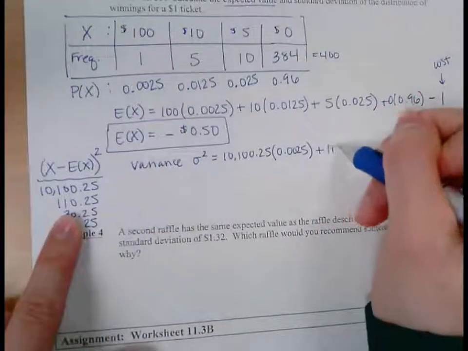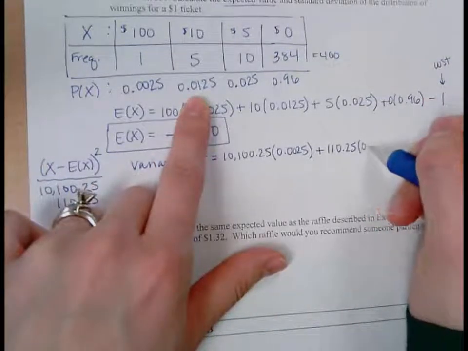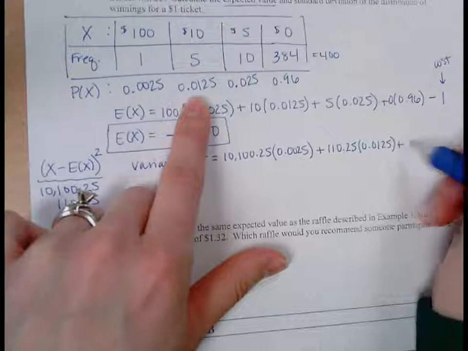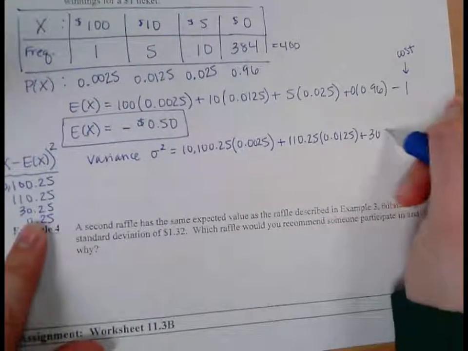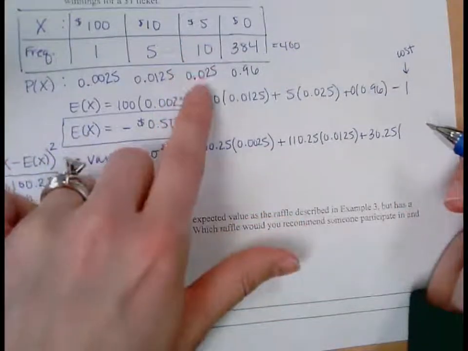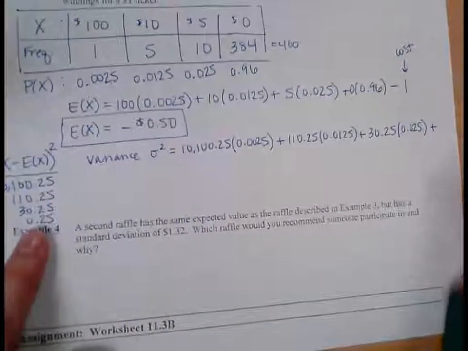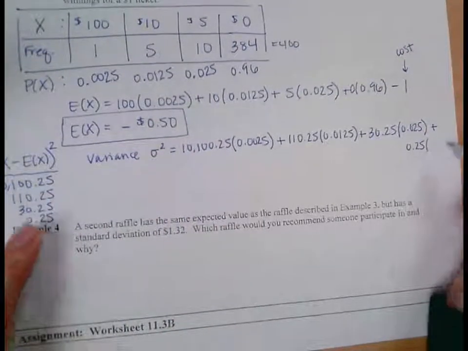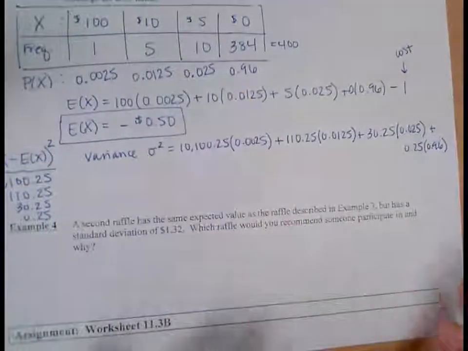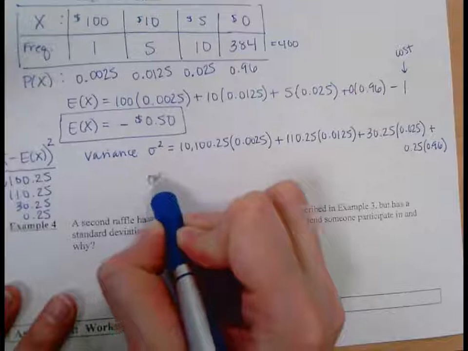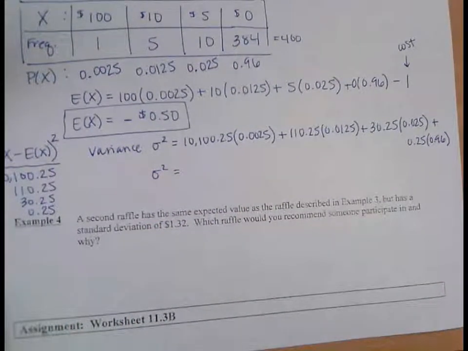And then I would take the 110.25 and multiply that by the probability of getting a 10, so 0.0125. And the 30.25, multiply that by the probability of winning $5, so that was 0.025. And then take the 0.25 and multiply that by the probability of winning nothing, which is 0.96. Okay, so when I add all of those products together,